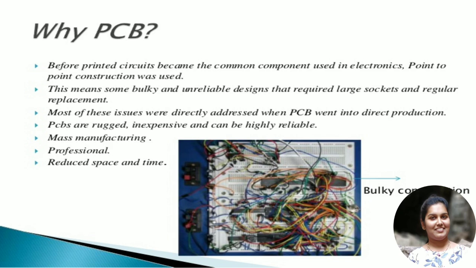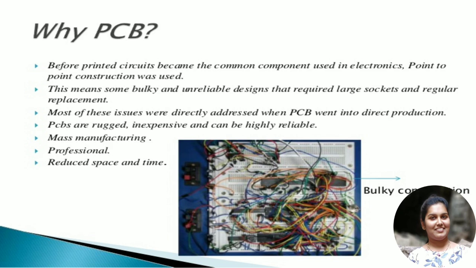Whereas for PCBs, once the design has been developed, it can be printed on n number of components, so mass production is very simple for PCBs, and it also makes the work very professional.